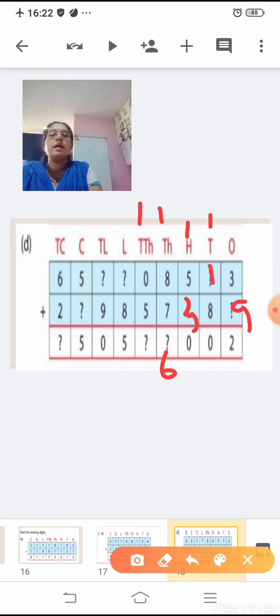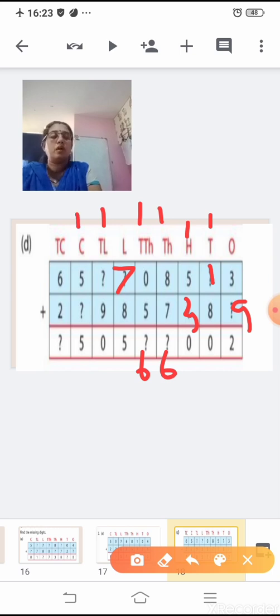Now here it is a question mark, so you'll have to directly write the answer. 5 plus 1 is 6. Now here the first addend you have to find. Now 5 is smaller than 8. So which number added to 8 will give you the number 15? That will be the number 7. 7 plus 8 is 15, where 1 is carried to the 10 lakh place. Correct? Now 9 plus 1 is 10.